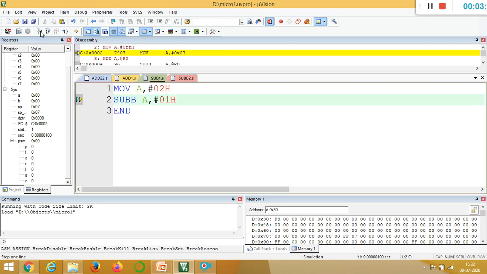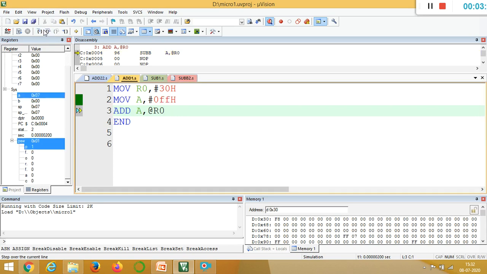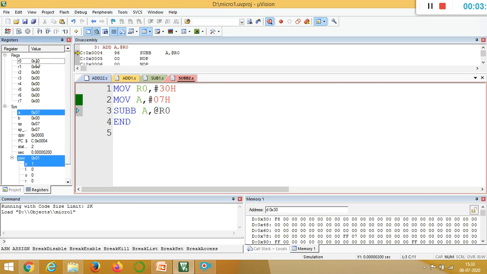Once I press the first instruction, you can see the 30 is moved into R0. Then when I press the second instruction, it is executed and the value 07 is moved into the accumulator.